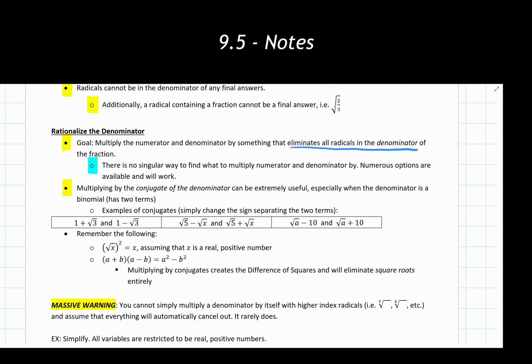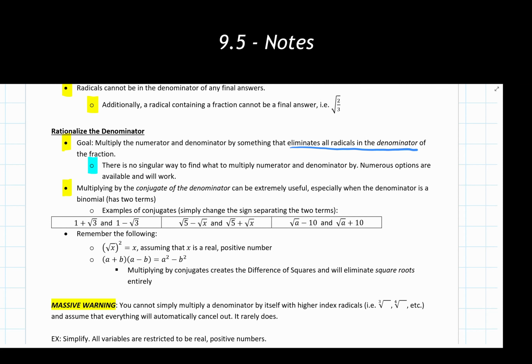So what this means is we need to start off with a scenario, or start off with the denominator that's written in one of these potential forms that we see down here. Really, it could be any of these in any of these boxes, but these are examples of types of denominators that are eligible for us to use the conjugate of the denominator on.